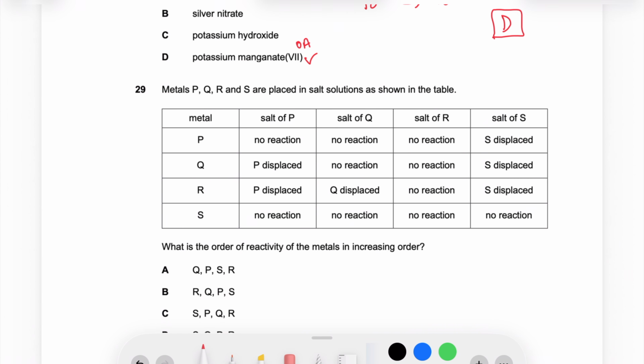Okay, let's look at this one, question 29. So you have a table of all the information. You have to rank them in the order of increasing reactivity. Alright,